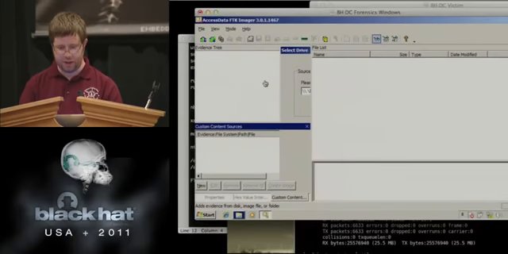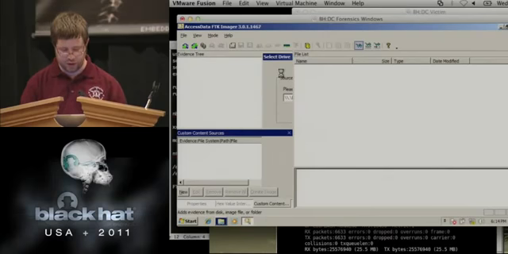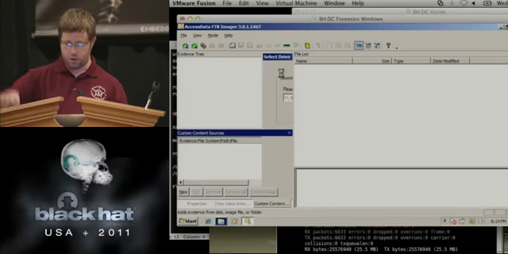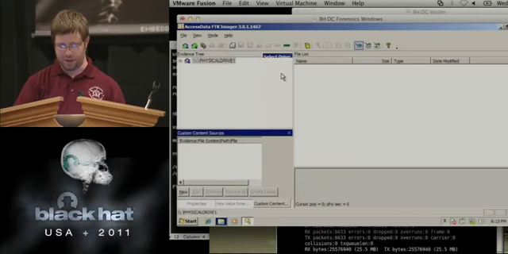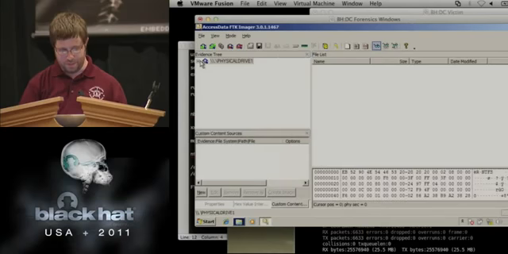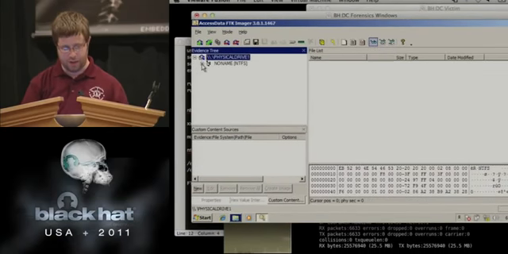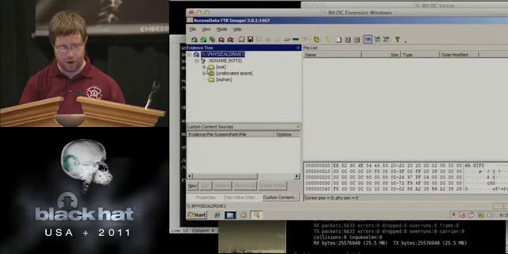And it'll take it a moment, and it'll add it to our evidence tree, and we can just browse around it graphically. You got to crank it a little bit faster sometimes. I blow on the network connections, but it's all virtual. So now we have the physical drive located, just like it was hooked up with a write blocker.